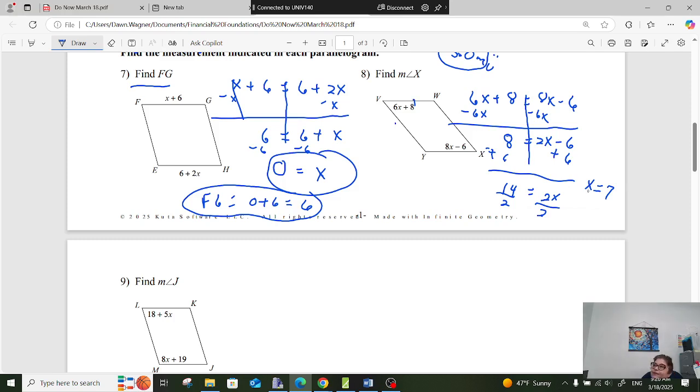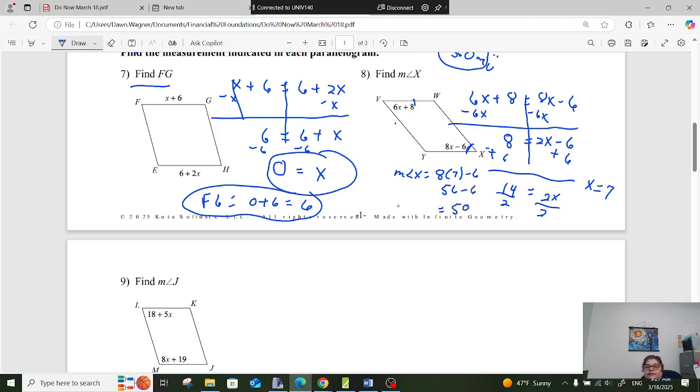So we found variable x, but we want this angle measure. So the measure of angle x is equal to 8 times 7 minus 6. What's 8 times 7? Minus 6 is